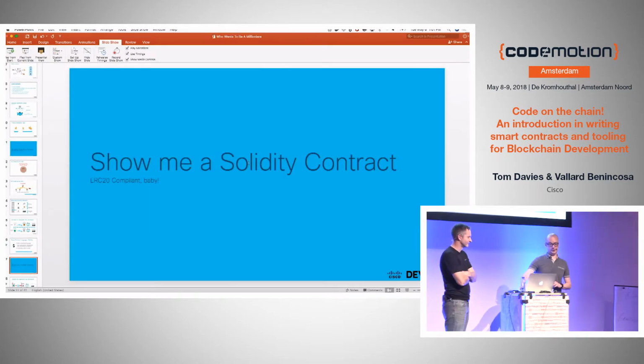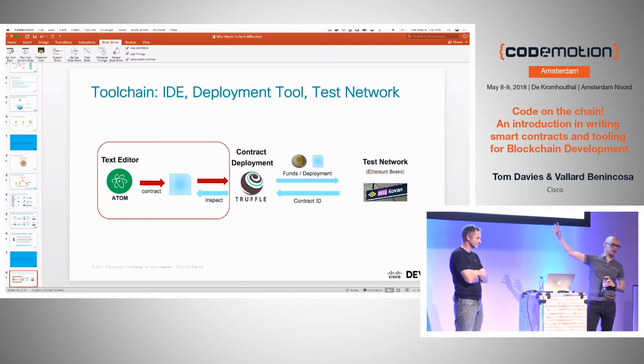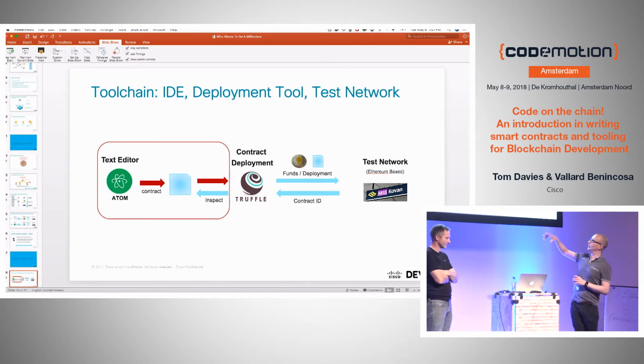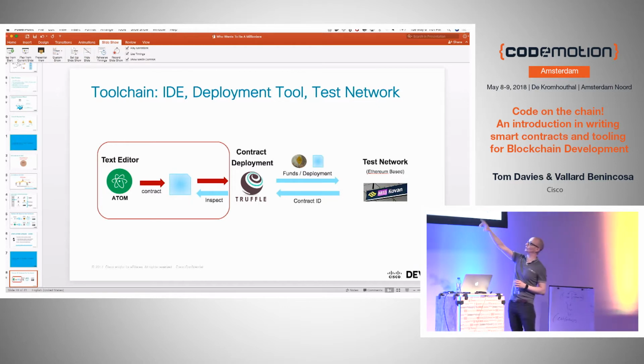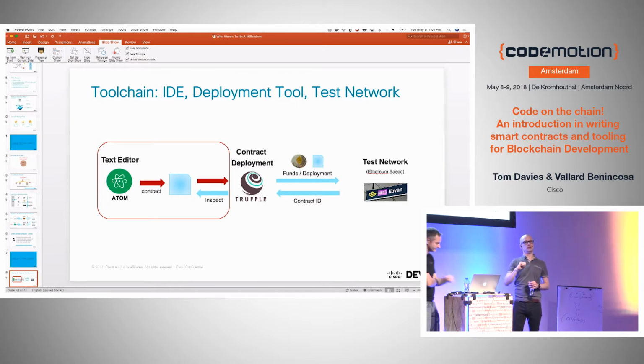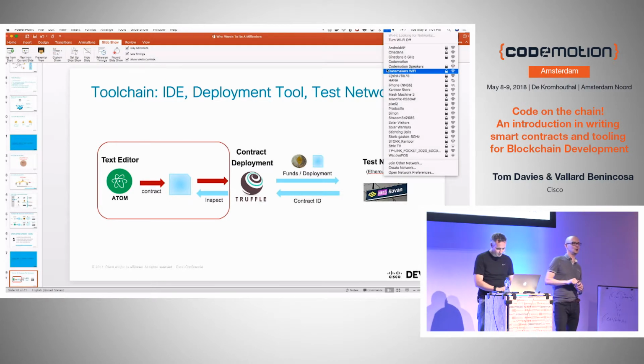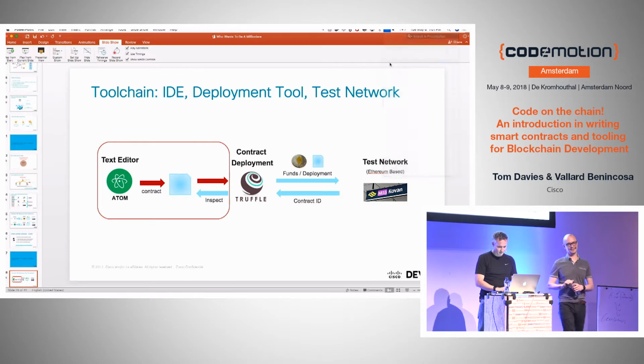Very briefly, what we would have done there is use a text editor to write a contract, and then we need to deploy it. So we've done the first couple of steps. Now we're going to show you Truffle and how to actually deploy it onto a blockchain. As soon as we deploy this, we become millionaires. It's so easy. 197 lines of code will make you a token millionaire.